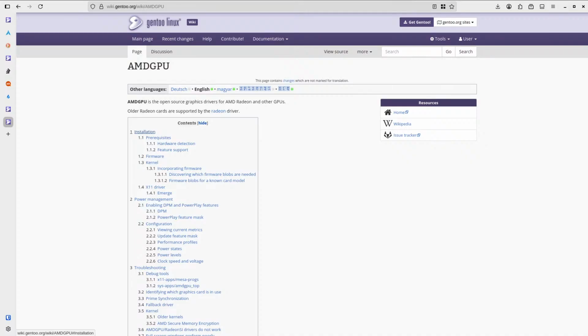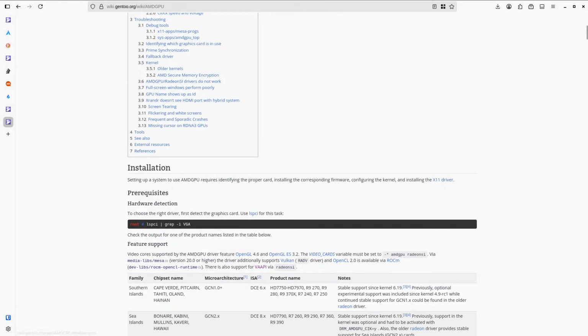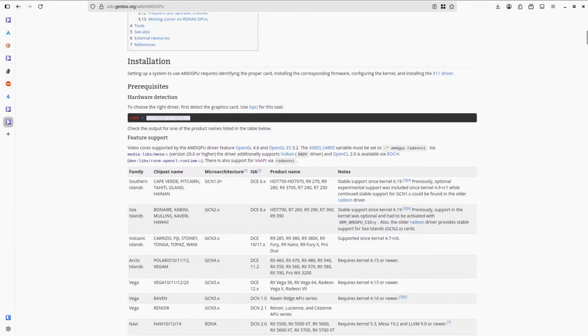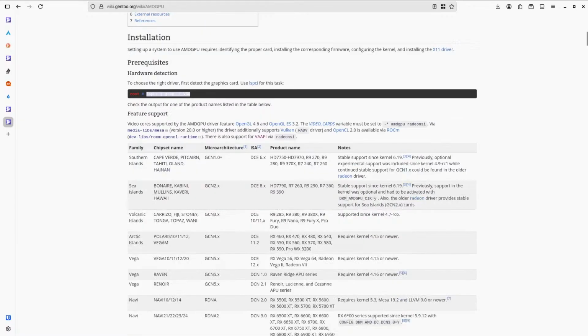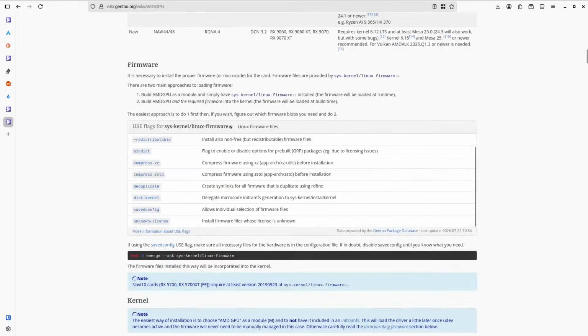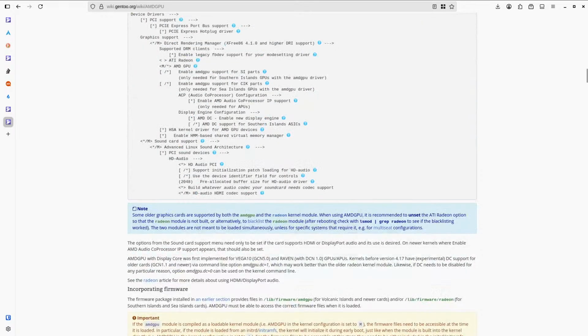Right. Older cards are supported by the Radeon driver. I mean, I think I have the new one. Yes, Raven. The overlay doesn't run right now because we're on Gentoo. Firmware. I mean, I have the Linux firmware, right?